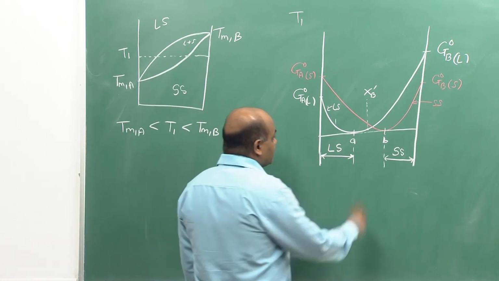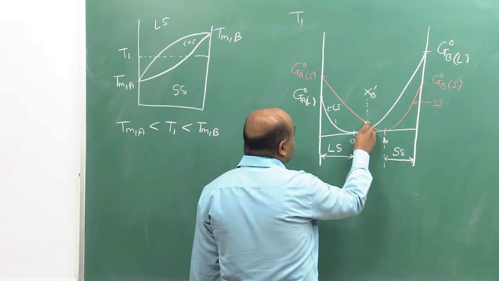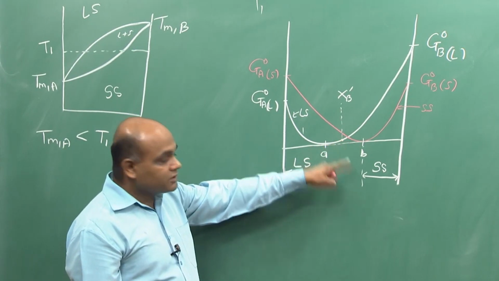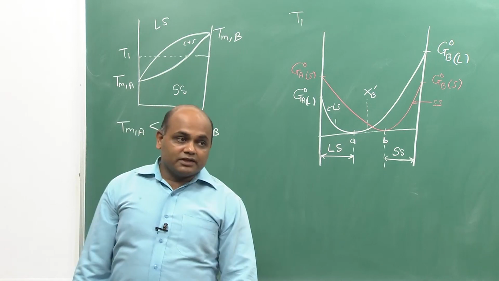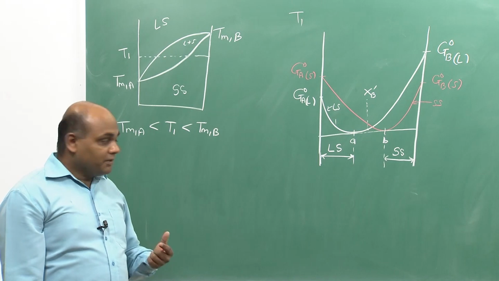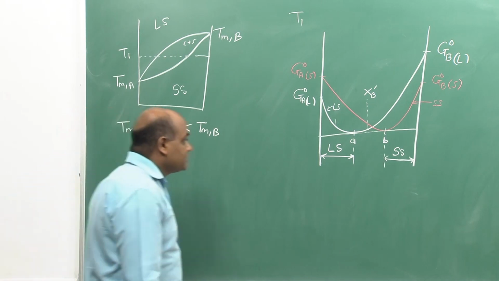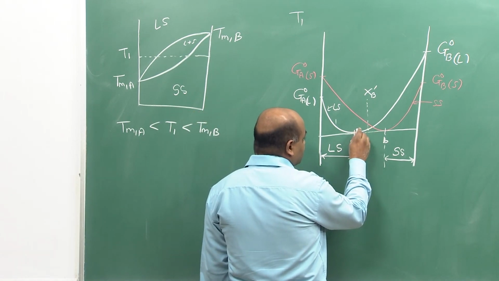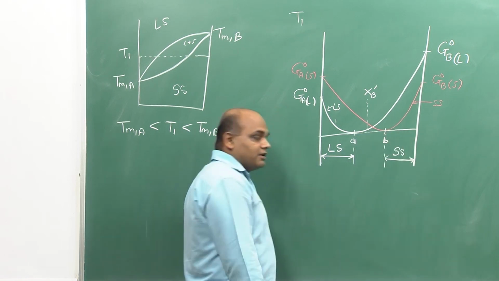So, at xB prime it looks like liquid solution has a lower Gibbs free energy than solid solution. One would tend to think that liquid solution is stable, but we also need to think about other possibilities by which there will be any further decrease in Gibbs free energy, and one such possibility is by splitting the same composition into liquid solution which is richer in A and a solid solution which is richer in B,